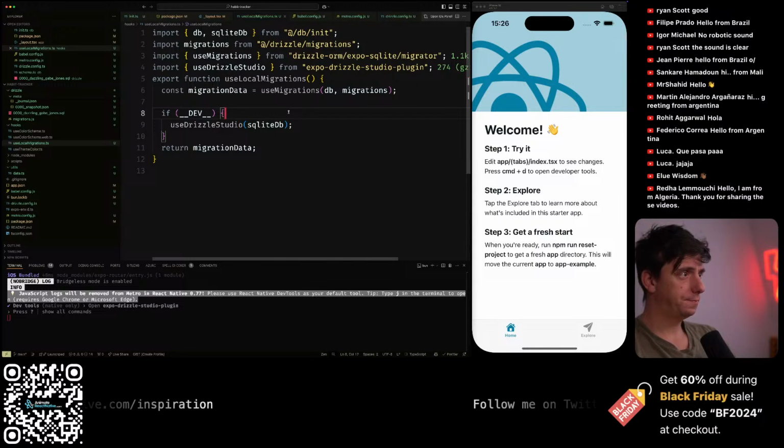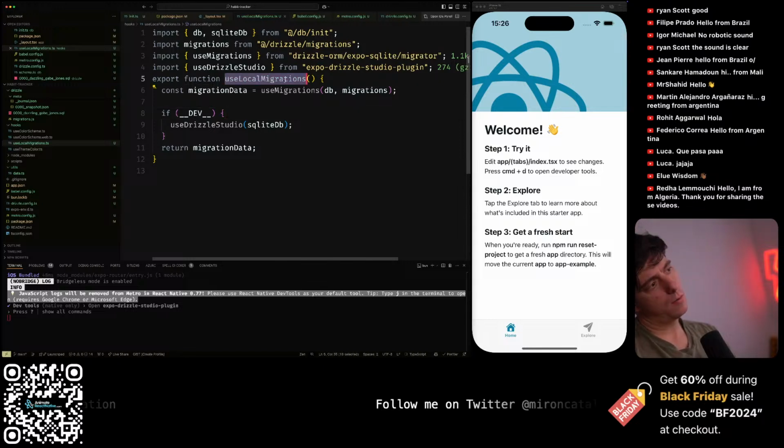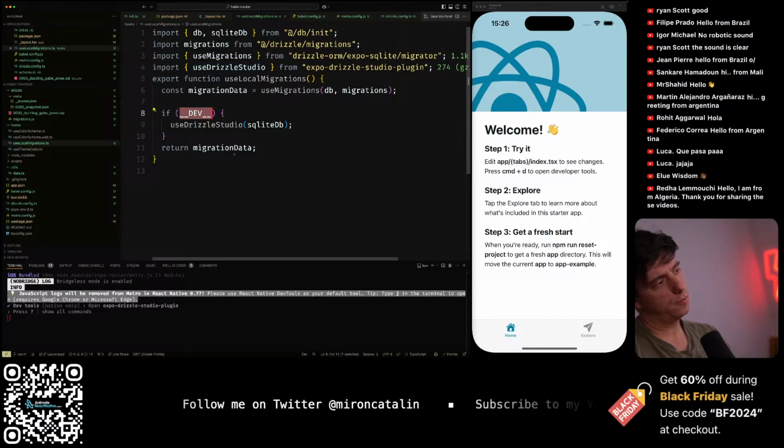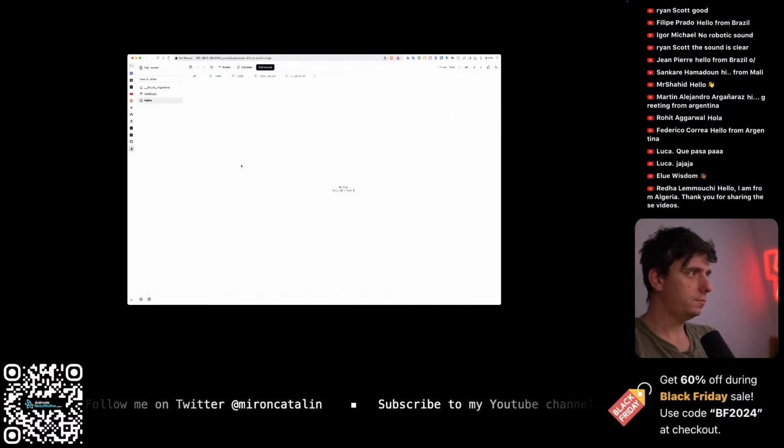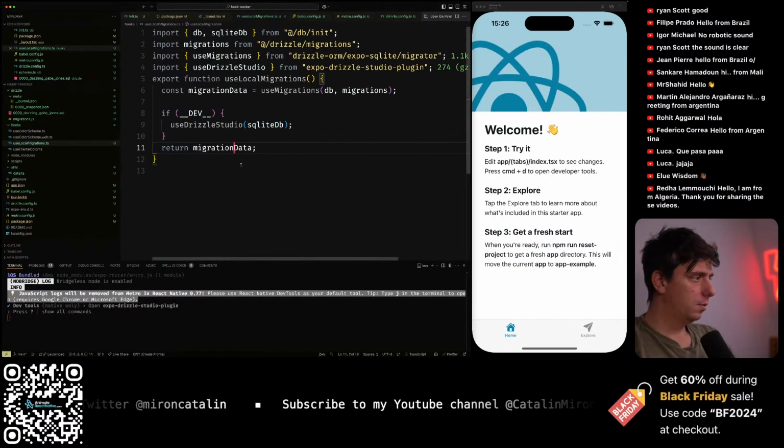Should be fine. So now I'm also running Drizzle Studio if you are in dev mode. Okay. But why I don't have